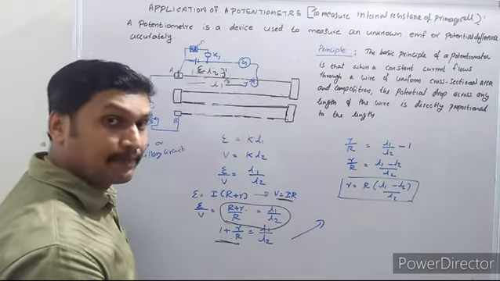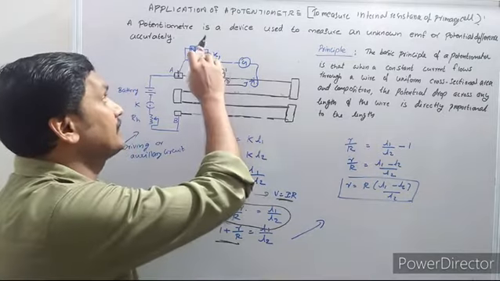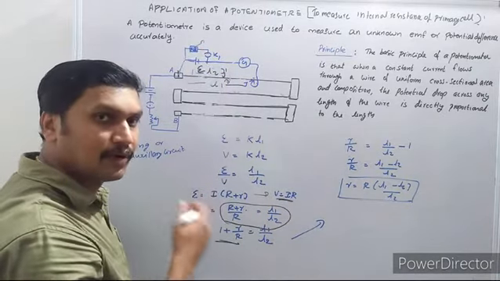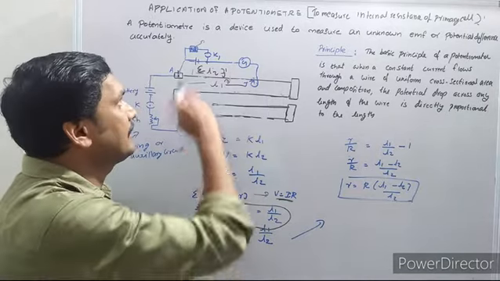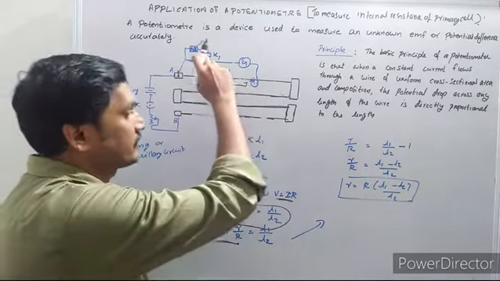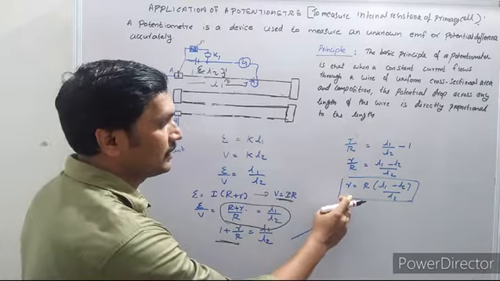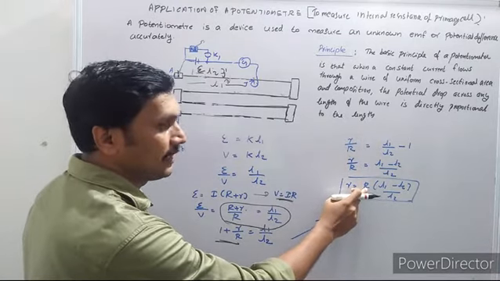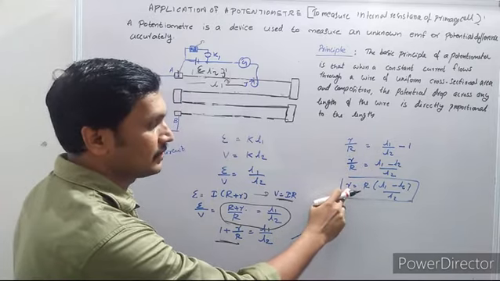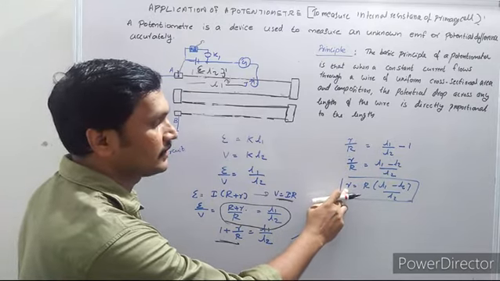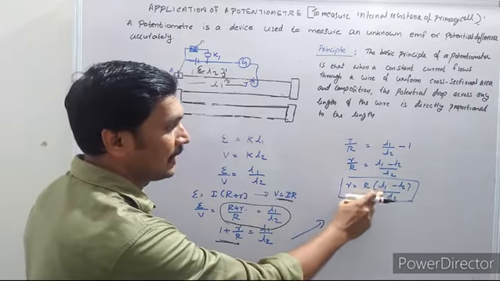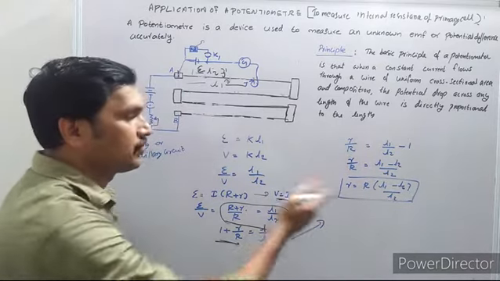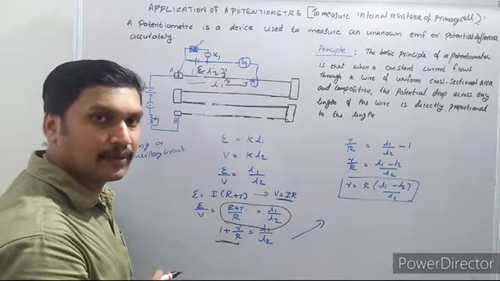We can repeat the experiment by taking different resistances from the box, like 1 ohm, 2 ohm, 3 ohm, and we can find the internal resistance for different external resistances. r is equal to the internal resistance, r is equal to R into L1 minus L2 divided by L2. So in this way, we can find the internal resistance of a cell.